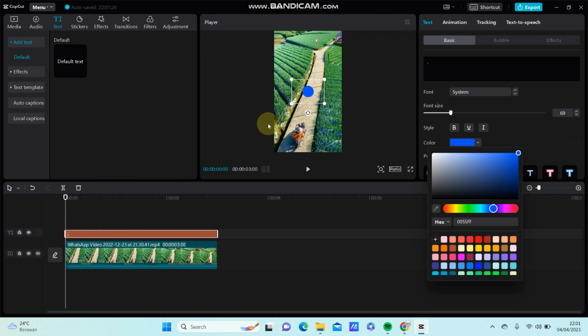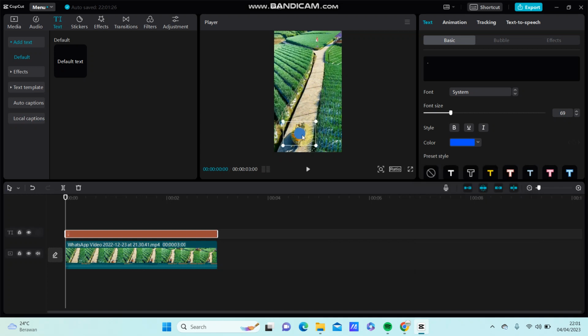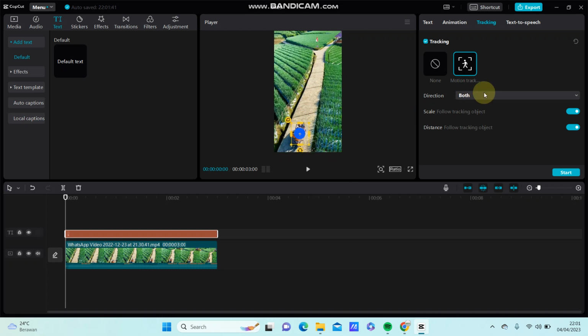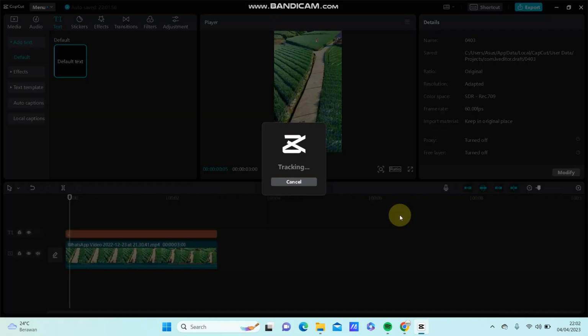the first frame, and put the text on the object you want to track and select tracking, select motion tracking, and select the object you want to track like so. For direction, select path and enable body scale and distance. Just click start and just wait for applying tracking object